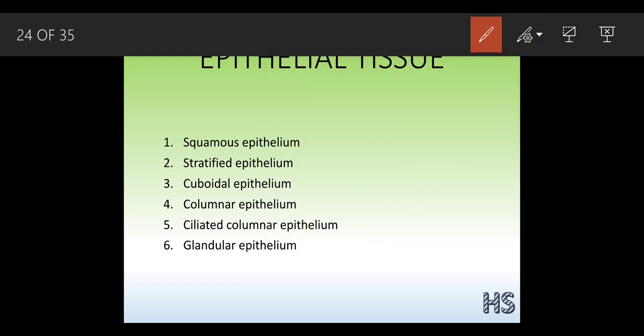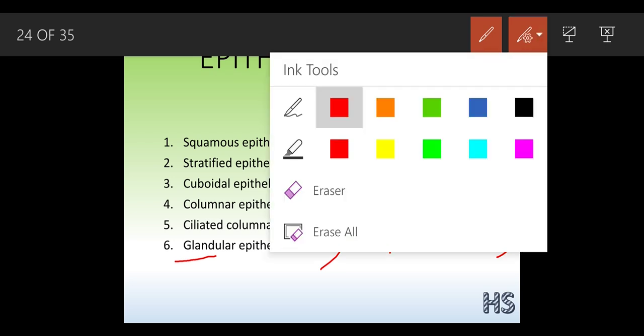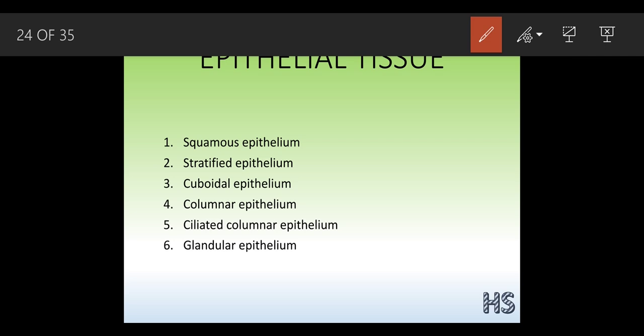Basically, glandular, you have already heard about this word glands in your 8th standard, that is the endocrine gland. What is the work of this gland? The work of this gland is to secrete the hormones. And what is the function of these hormones? It's a chemical messenger. It helps to transmit the messages. Now let's understand one by one. And this ciliated and glandular are nothing but the types of the columnar epithelium.